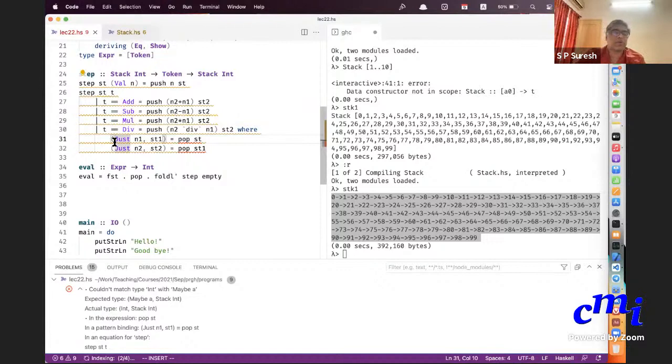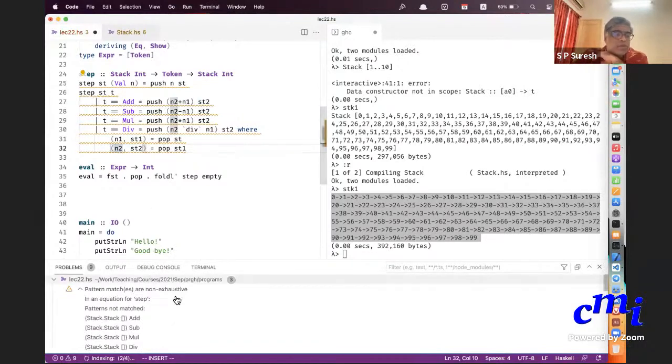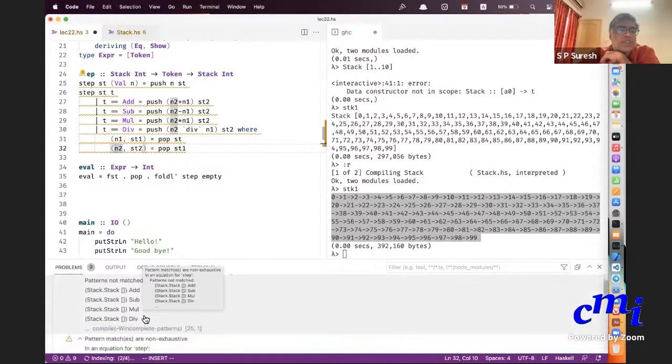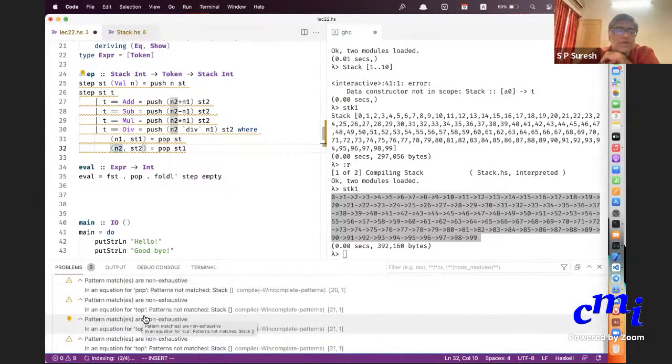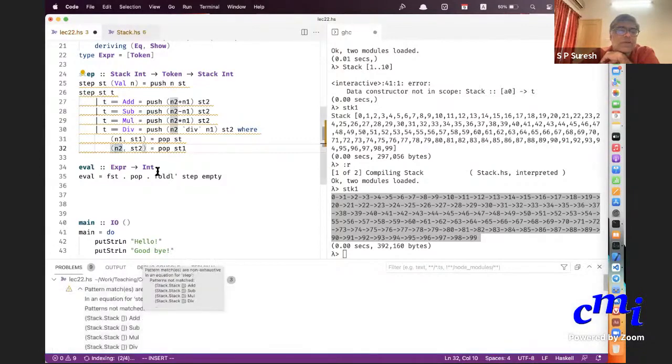Oh, okay. Now at least it's only complaining about patterns being non-exhaustive, etc. I don't care about that. So this is at least a program that will compile. We'll see the rest later.